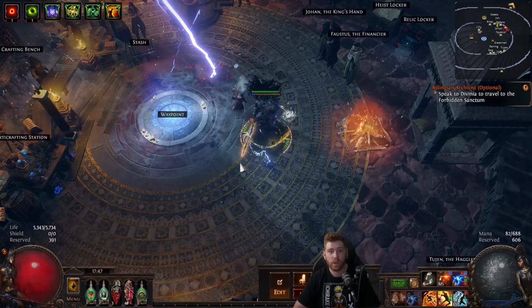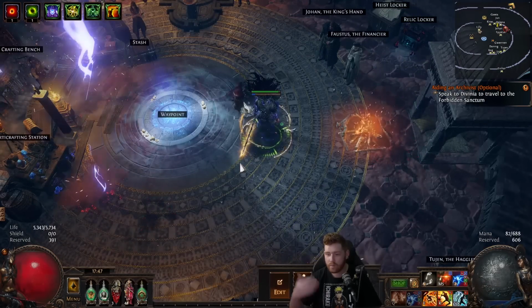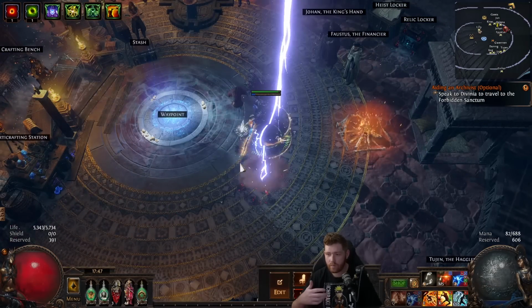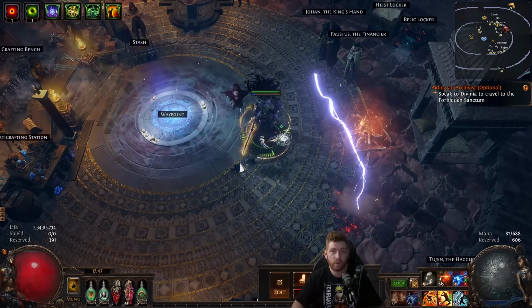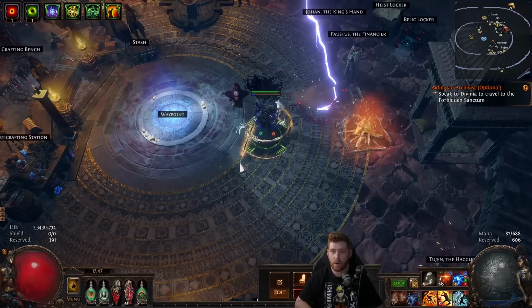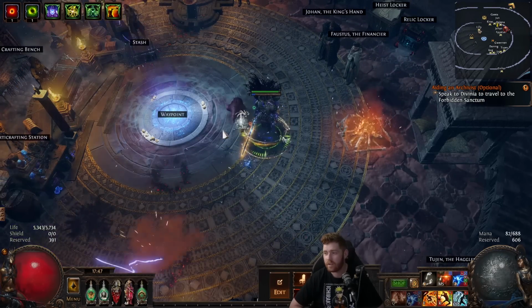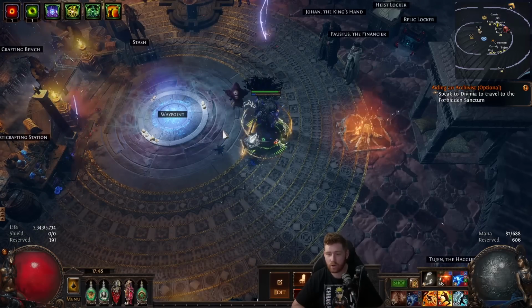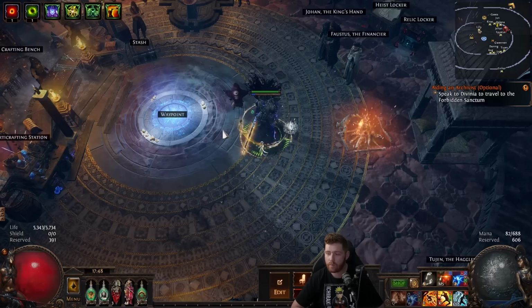Harbinger, just a really great farm, especially this league. Amazing gold, because all the different mobs that the Harbinger is spawning are dropping gold for you. You use all the Harbinger scarabs and Harbinger on the map device, and you're just generating a ton of gold. Honestly, the fracturing